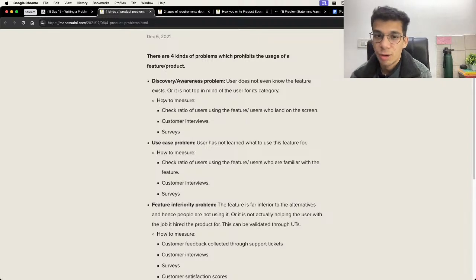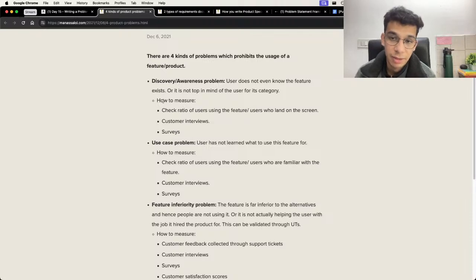The other sort of problem is a use case problem, where the user has not learned what to use this feature for. You built a feature for a specific customer, and now you have made it available to the wider audience, but not really seen a lot of adoption. In that case, it probably is a problem of use case, where customer X has the use case and is able to use the feature, but customer Y does not. So try to understand if there are other use cases, or if there is actually a use case that the customer is not optimizing through the feature that is available in the platform. Help and educate them as part of the process, right? And even for that, you have similar mechanisms to the awareness problem.